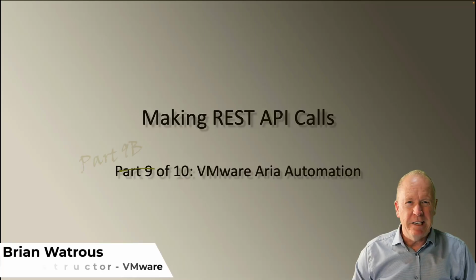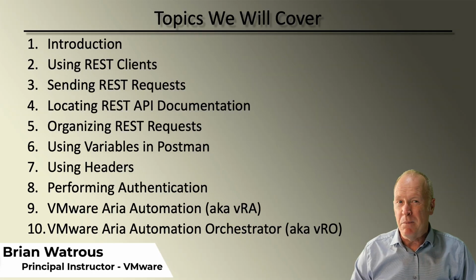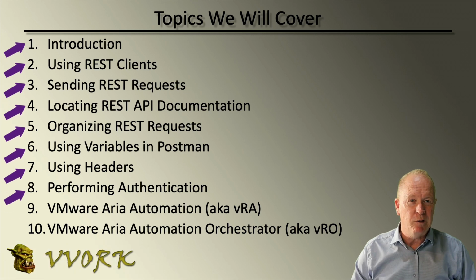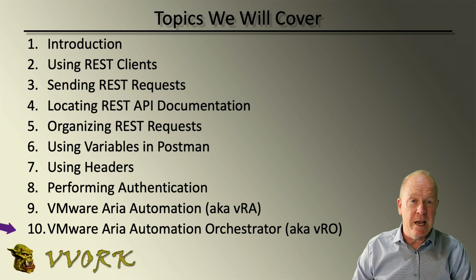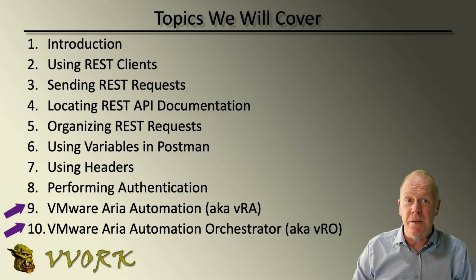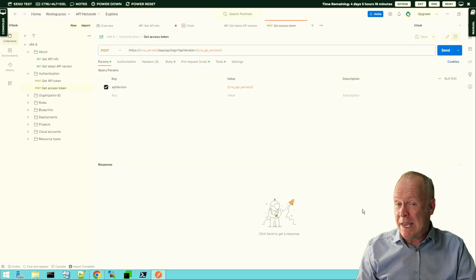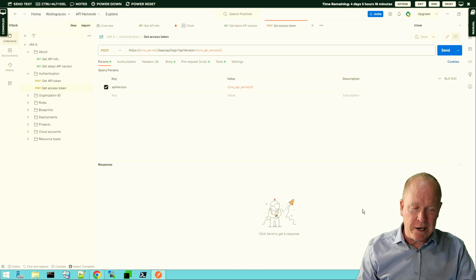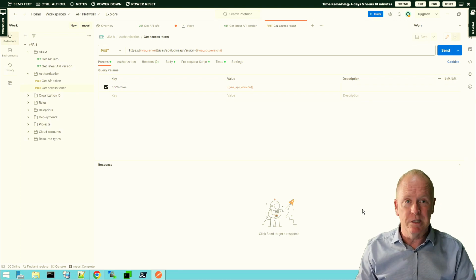This is part 9 in a 10-part video series in which we're exploring how to make REST API calls. In parts 1 through 8, we took a generic look at how to make REST API calls. But now, in parts 9 and onwards, we're going to take a look at specific VMware products. In part 9, we're going to be taking a look at how to make REST API calls to VMware Aria Automation. You'll recall we ended the last video, part 9a, talking about the API version or versions that your